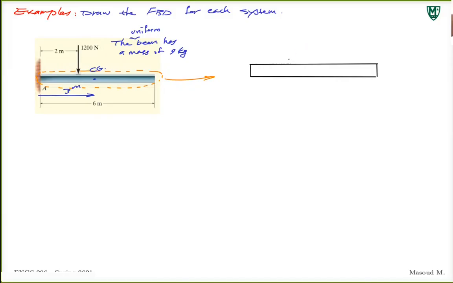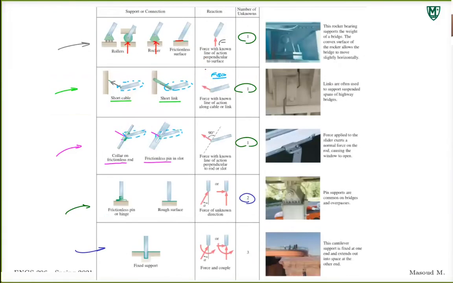Yes, exactly. So that's a good one to start. This is an external force that we should take into account anyway. So there we go, this is 1200 newtons. What else? You also have fixed support. I have fixed support, exactly, right? This type of support. So if I isolate this one and take it out,